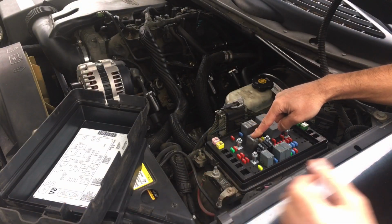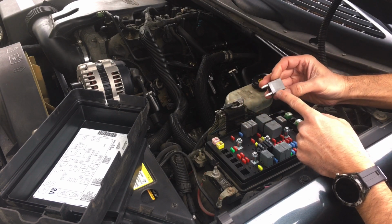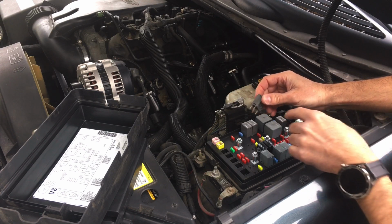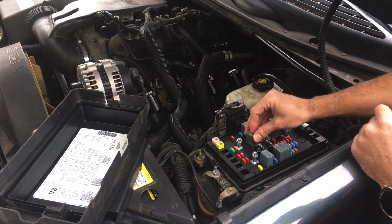So then we would locate it here, and then this is what you're going to be looking at. And at that point, you want to check the relay, make sure it doesn't have any burn marks, any scarring, make sure you have a good connection. If you need to test it, you can do that, and if so, replace it accordingly, put the new one in,